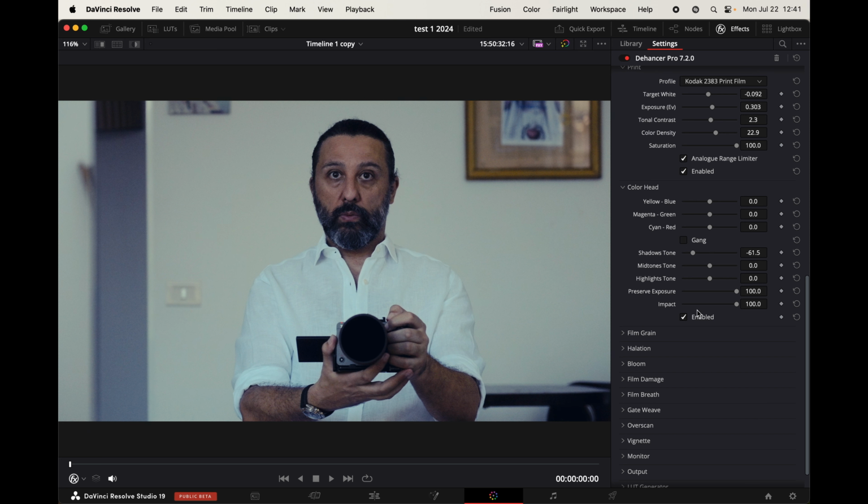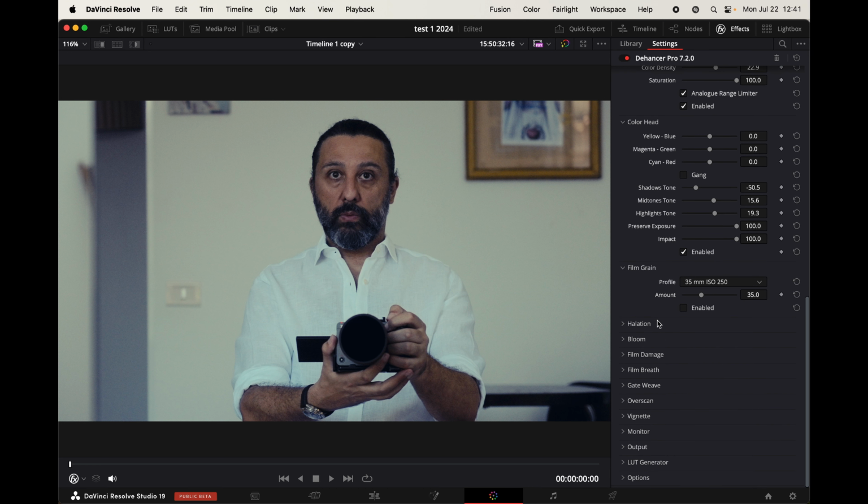So let's make the shadow cooler and the midtones a little bit warmer and the highlights a little bit warmer. And with the preserve exposure, the exposure is untouched. So now we have a film grain. The film grain, if we enable it, it's very